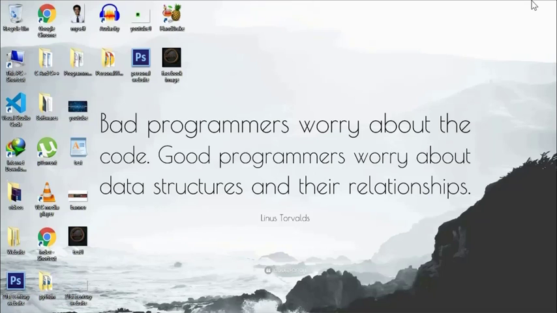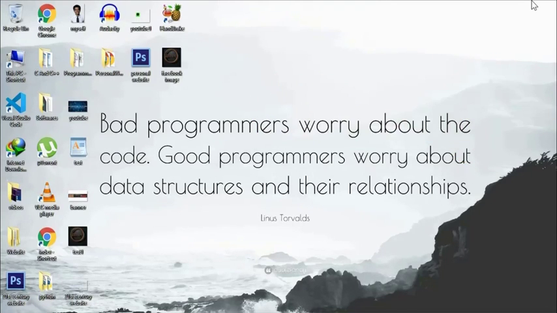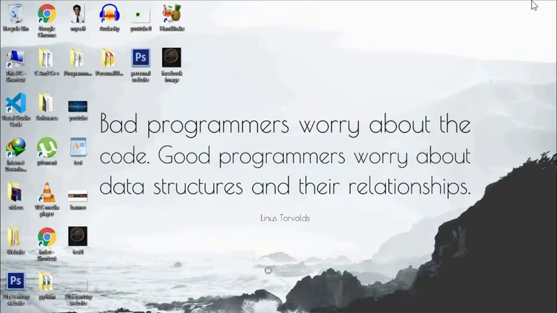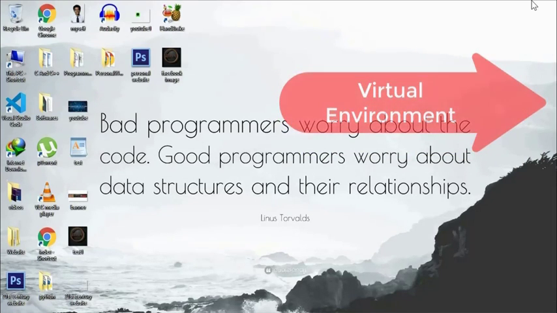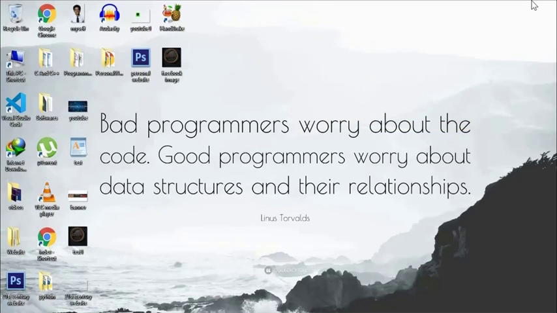So before setting up a Python development environment, you should know what an environment is. An environment is a place where you work at something. There are two types of environments. One is a physical environment, like your school or playground where you play with your friends, or a school where you study something. The other one is a virtual environment. In a virtual environment we write some code to develop a product, to solve some problems. So to develop a product or to write some code, you need an environment.